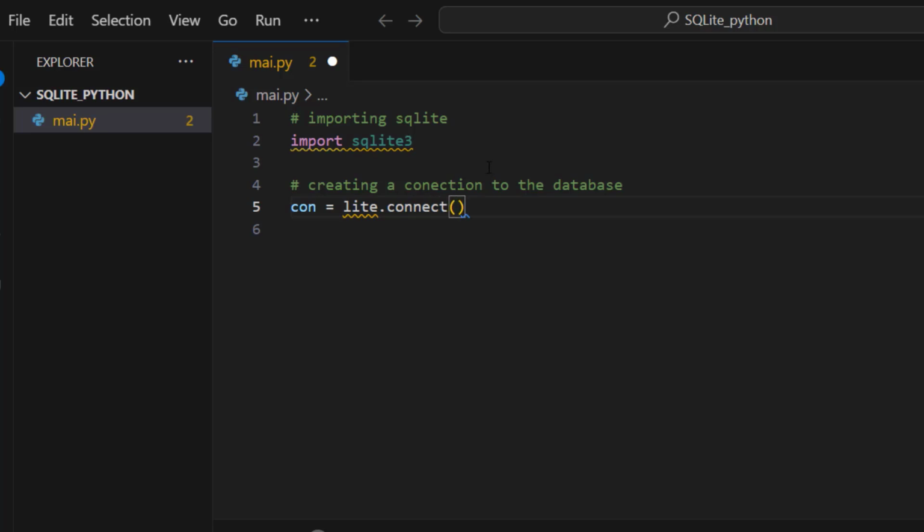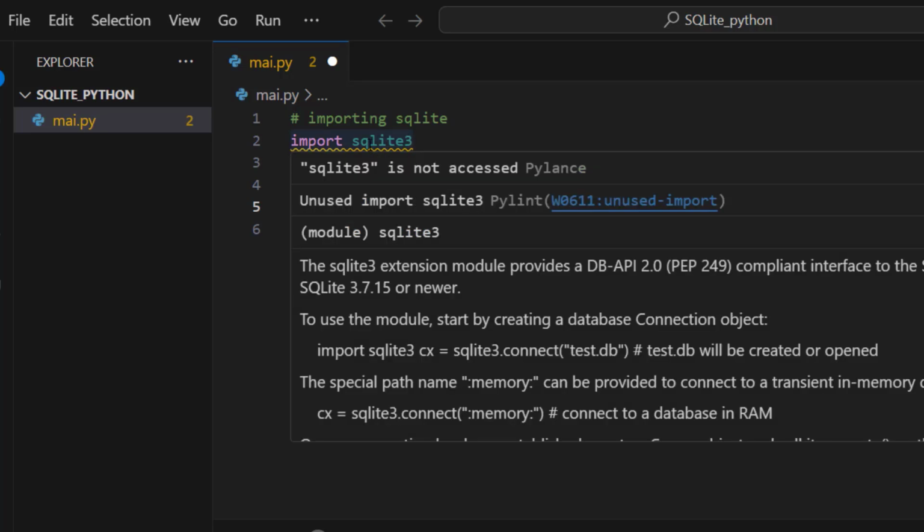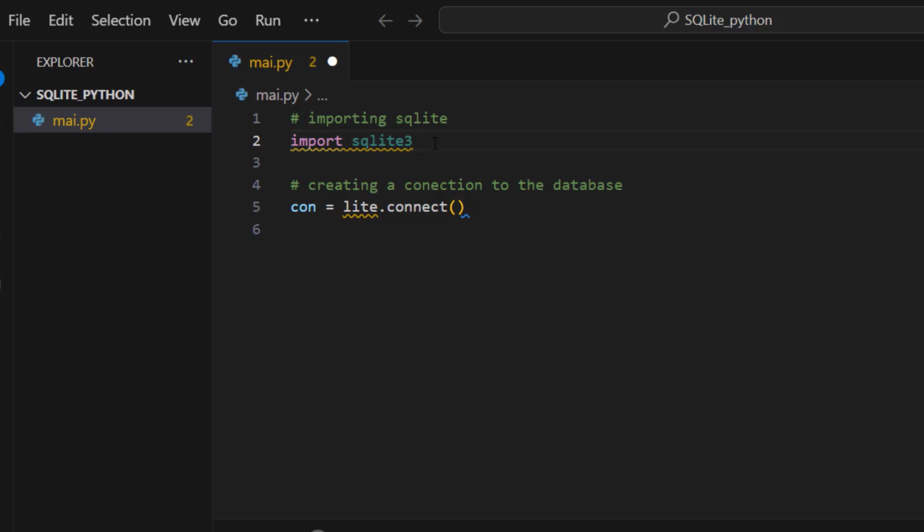So why do I call it lite.connect? This sqlite3, we will be creating after this as lite. Why did I do it like this? Because always calling sqlite3 is too long, so that's why we abbreviated it with this name, lite. Every time we want to refer to SQLite, we just have to call this name lite. So that's why we have con equal